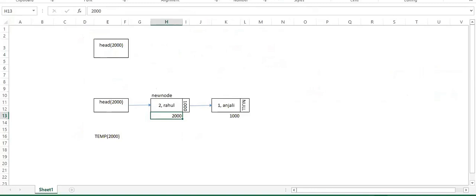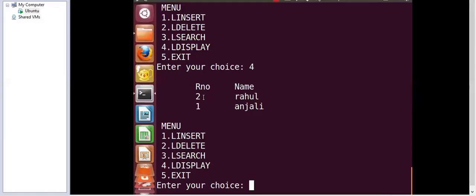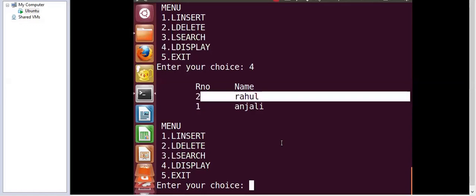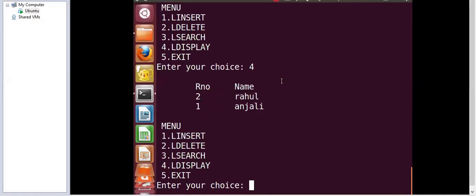So this is correct. That was the first thing that was getting displayed on the screen. Assume that it was 2000: temp of 2000 roll number is 2, and temp of name, the name at the address 2000, is Rahul, which is correct.